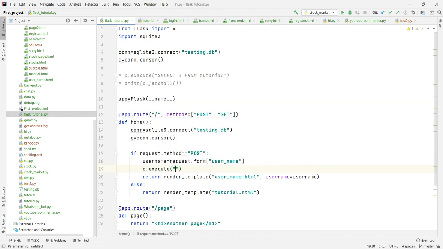Okay, and now to insert this into here, we have to do c.execute. These commands I taught in my other video, so I already told you that you need to check that out before this video. So insert into our table name, which is tutorial, which we created in that video, and then we can do the columns that tutorial has, which is name,